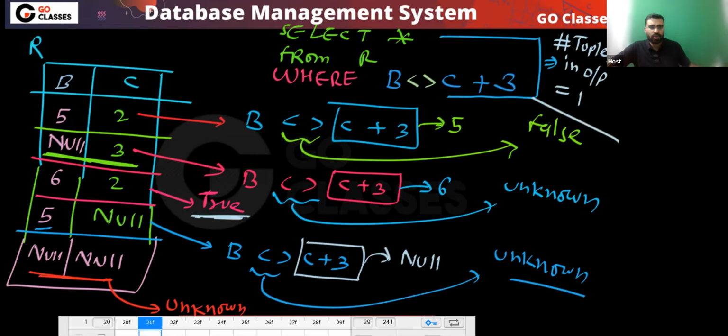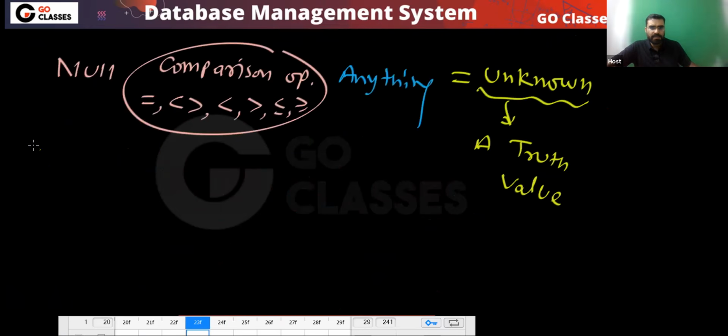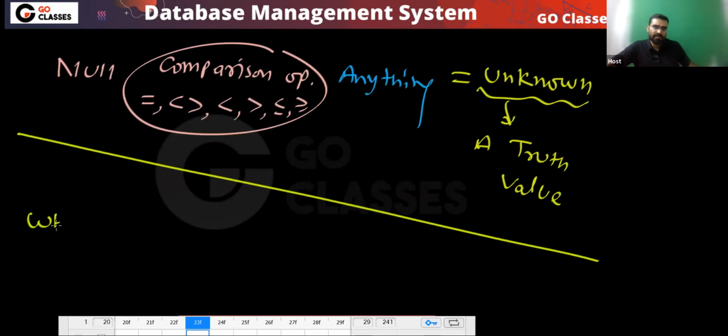In the output, you will get those tuples for which the where condition is true. Yes or no? The where condition must be true. Remember, if you notice this where condition and this condition,